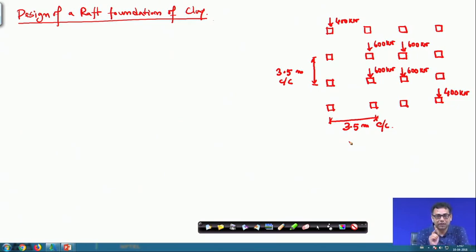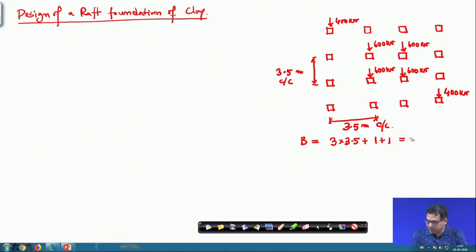So, what is the dimension for the first trial? The B value we are taking is, center to center, 3 into 3.5. That will give you the distance from this column to this column, center to center, and then I am taking 1 meter additional this side plus 1 meter this side. Okay. That is the first trial I am taking, because we have to provide some additional part from the edge of the column for the foundation.